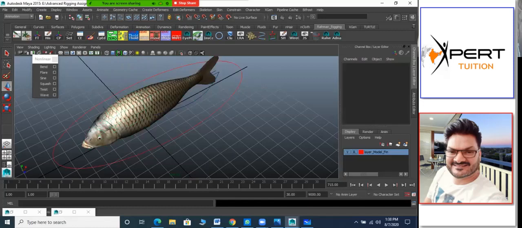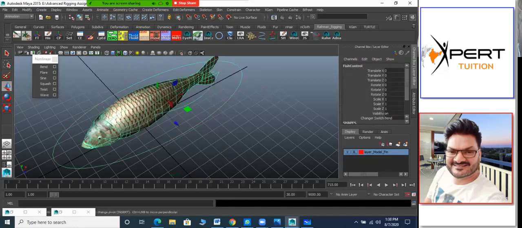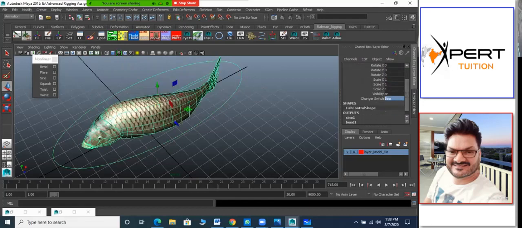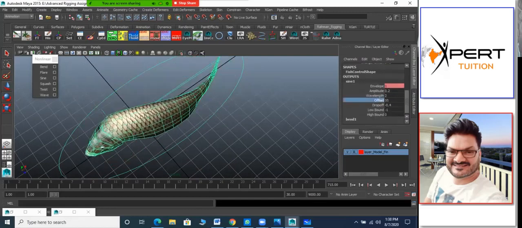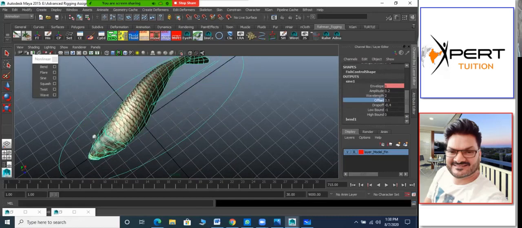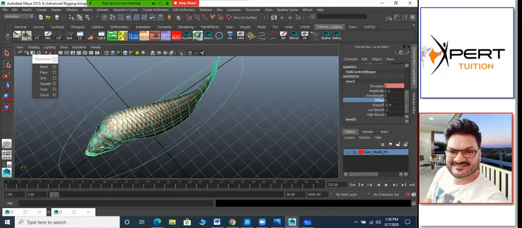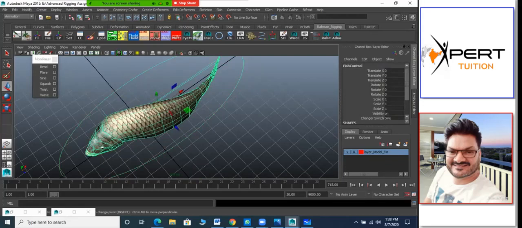Now I'll change to sine and see whether the look I have given for sine is working or not. So again, I can go for sine now. I change to sine. See, automatically this got into the sine waveform, and I can select the offset and move it. Automatically, I can animate. Is it clear for everyone? Yes, sir. So now for bend, we have to connect the curvature, and for sine, we have to connect the offset value here in the channel box.